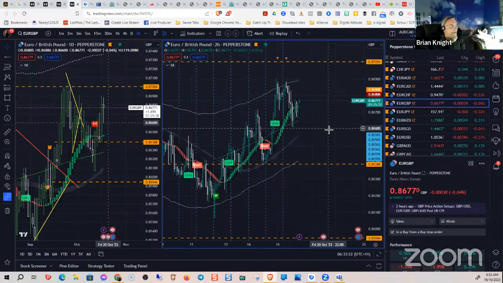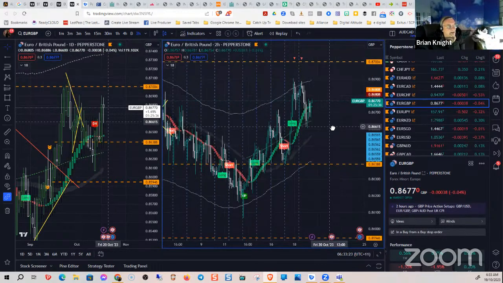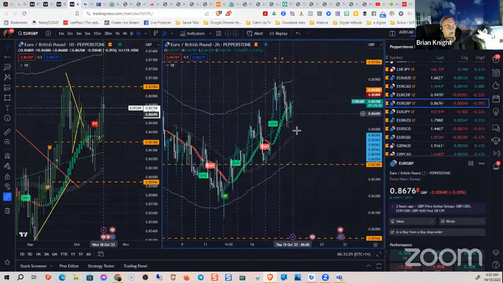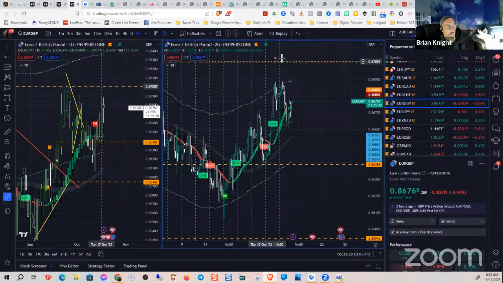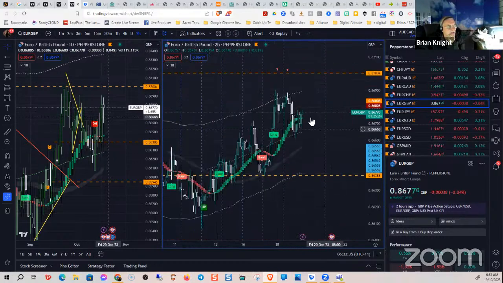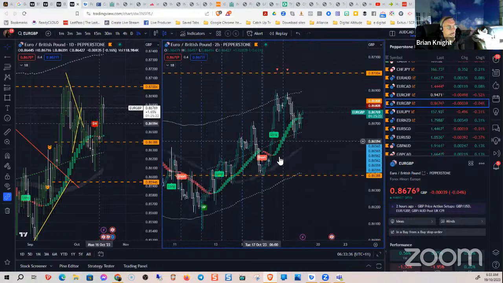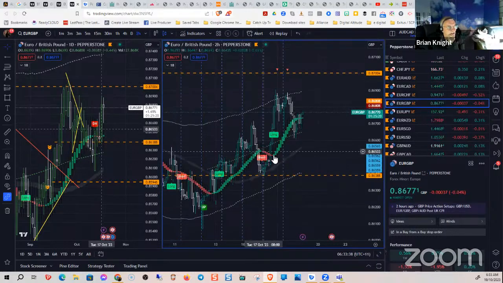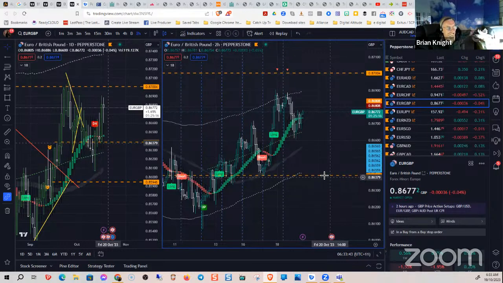So it depends on whether this pulls back and breaks this low, because at the moment you've got this two for sell. We don't have a short yet, and we don't have a change, but it looks like it's coming. It's getting close. But you can see where this short was very, very short-lived, and then off it went back up again.